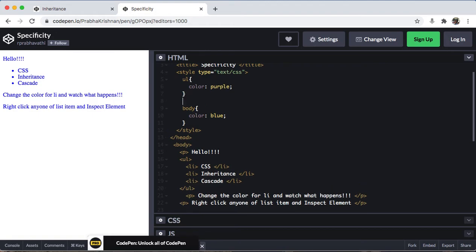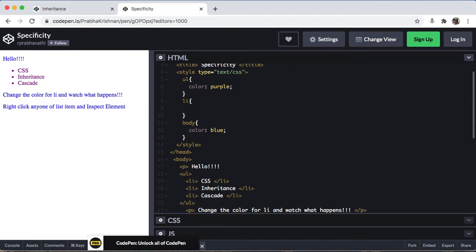It means I need to define the color for the list item to be red. Now will you guess what color this list item is? Yes, definitely the output is changed here. This is more specific. Li is more specific than UL, so UL is more specific than body. It goes something like that.